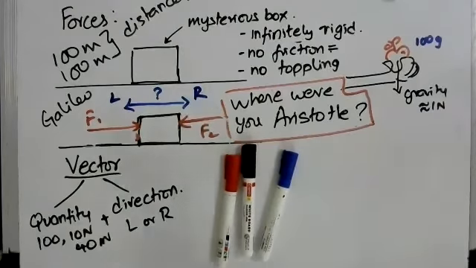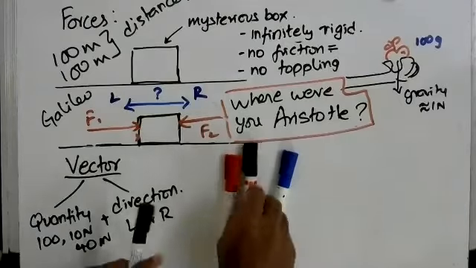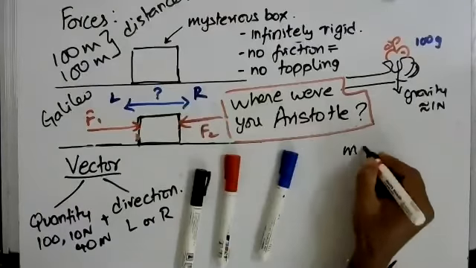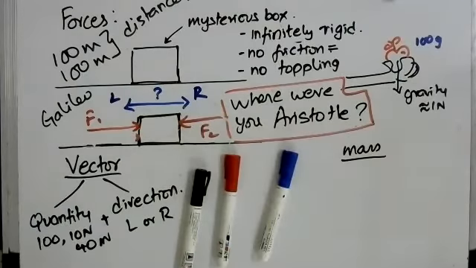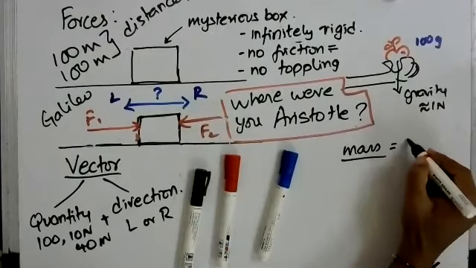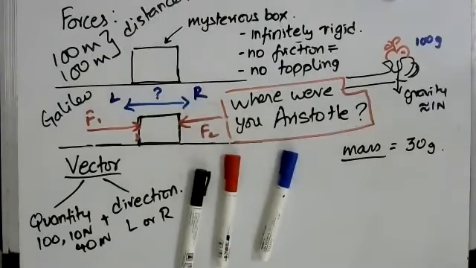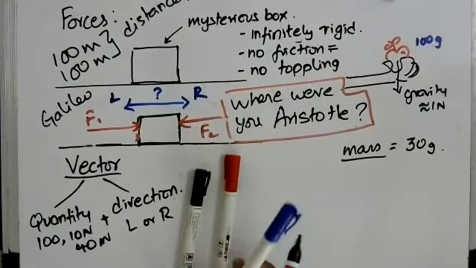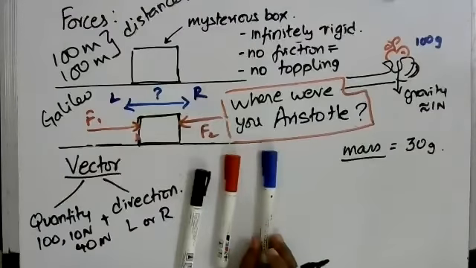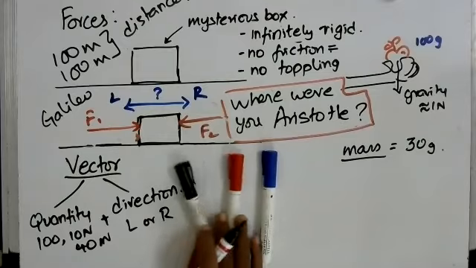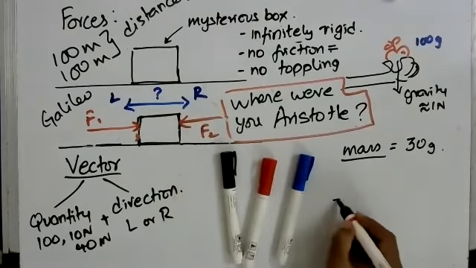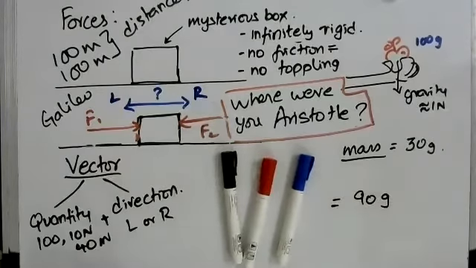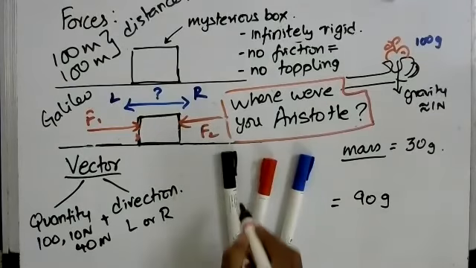See, what I'm trying to say, first listen completely. If I am saying that mass, and what is mass? Mass is the amount of matter that is contained in an object. So if I say the mass of each marker is 30 grams, then whether this marker is on Earth or on the Moon or on Venus or out there in space where there is very little or no gravity, the amount of matter contained in these three is going to be equal to 90 grams regardless. You don't have to ask in what direction.